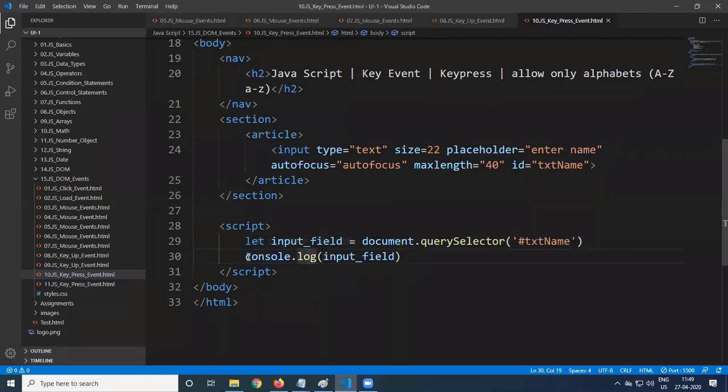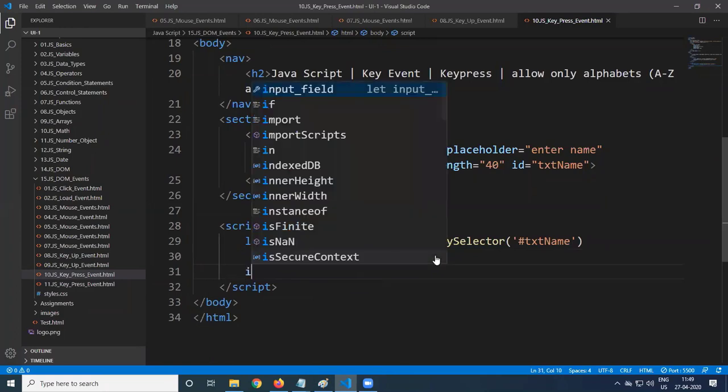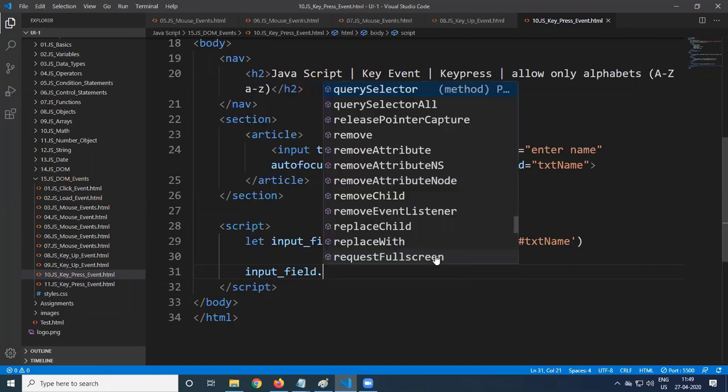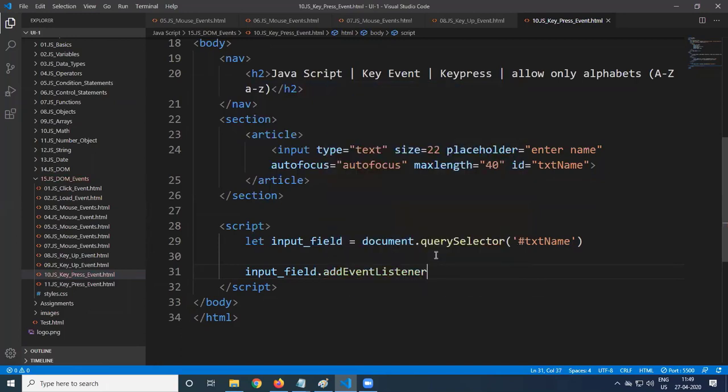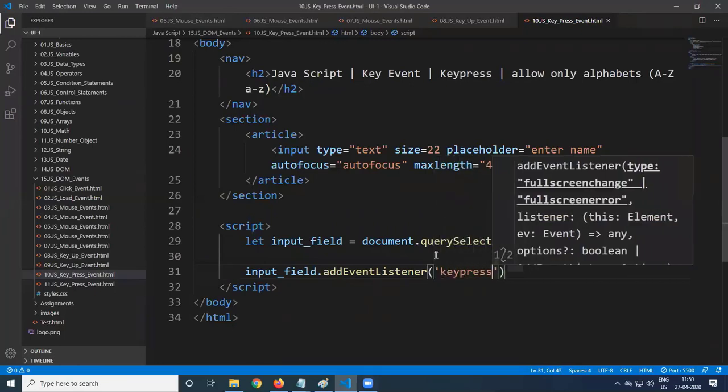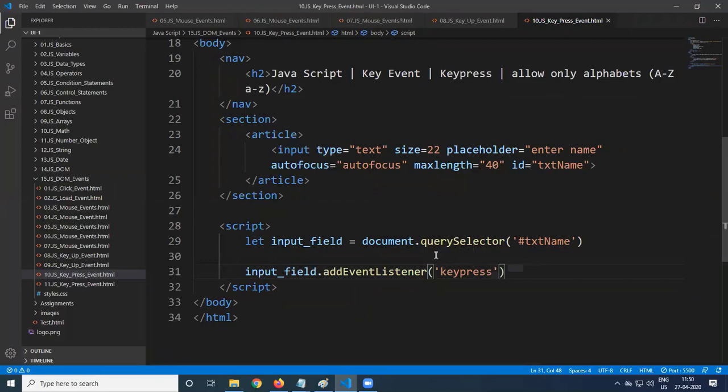We got that particular input field, and we are going to register that input field with the key press. How to register that? input_field dot addEventListener. The event is keypress. So we are registering with the key press event.